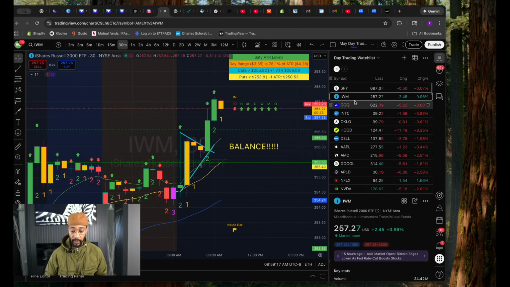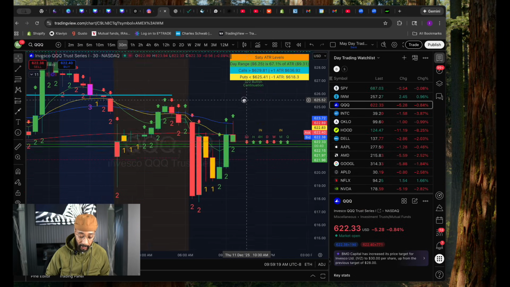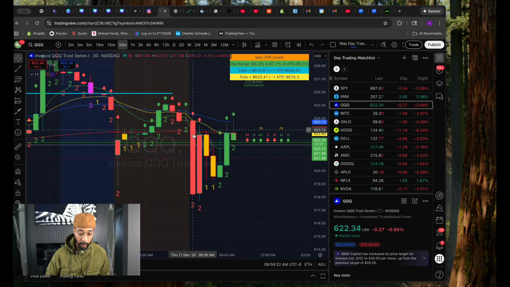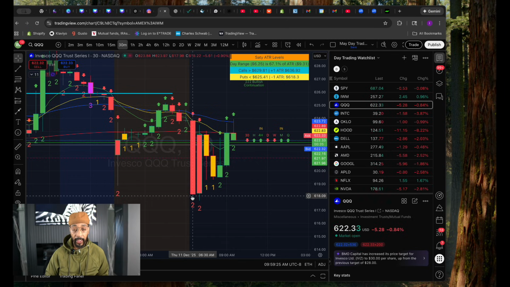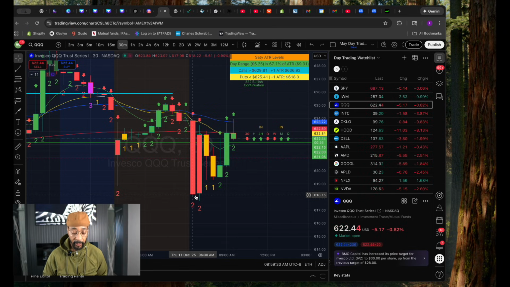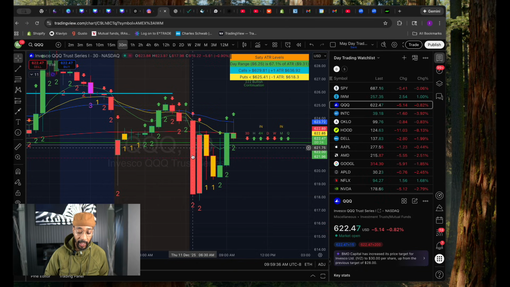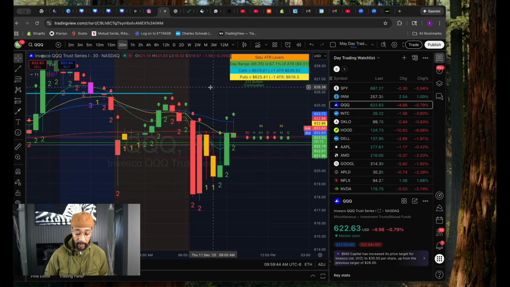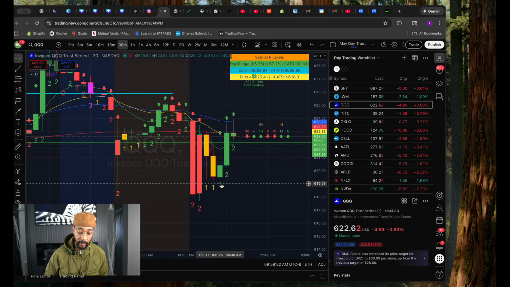Right? Let's go to QQQ. Same thing, right? We got a move to the downside. Most people are going to get into puts right here. They're going to think the stock is going to continue to come down. They're going to get faked out. The stock retraces this candle right here, right? Comes right back up. Now they're like, oh, it's going to go up. Nope, right? We're at the 200 EMA. Have to retrace this candle right here. So it came right back down. And then it came up, right? Now it's trying to go higher,